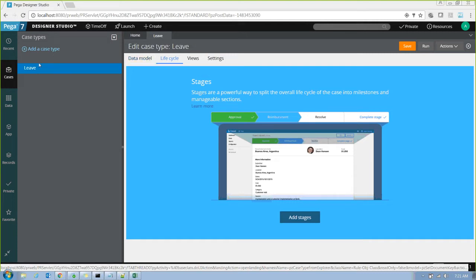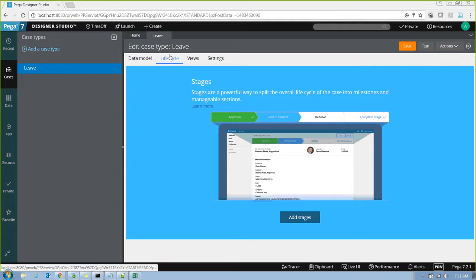And click on this leave and come to the second tab, Life Cycle. Okay? Now click on App Stages.